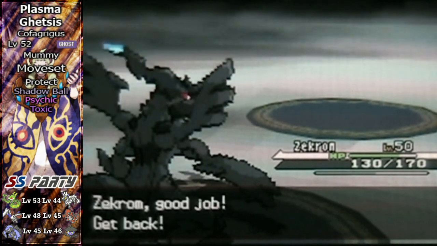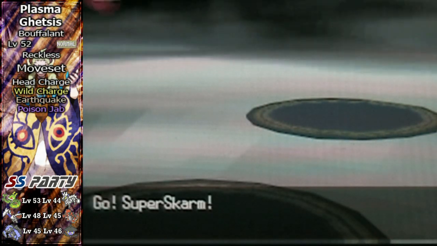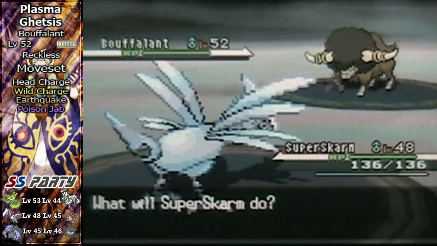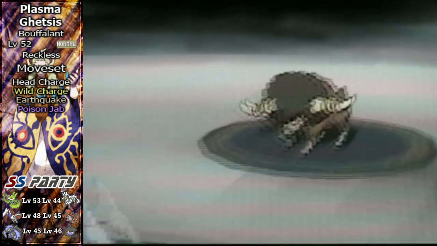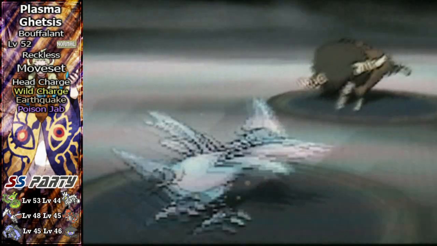We're going with Skarmory. Buffalo-Ent is level 52 normal type with the Reckless ability. Its moves are Head Charge, Wild Charge, Earthquake, and Poison Jab. You probably heard me just mumble them to myself because I was thinking of what to send out. At this time, I will take advantage of a Spike setup because I can wall this thing. I was going to try to set up Coil on it, but...